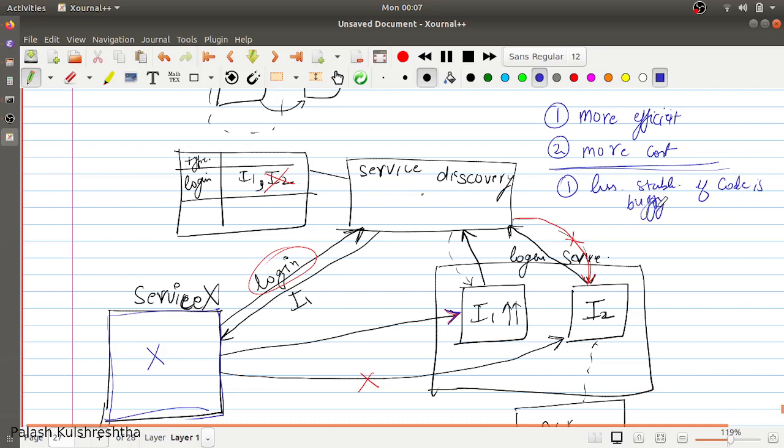Another scenario is that if service X is not refreshing the IPs regularly from the service discovery system, then it can still have stale IPs from its previous request. So even if I2 was down and service discovery got to know the state of instance I2, service X can still send traffic to I2, which will lead to increased errors on service X. But this can be handled if the code is written properly and all the edge cases are handled properly. I hope you enjoyed this video.